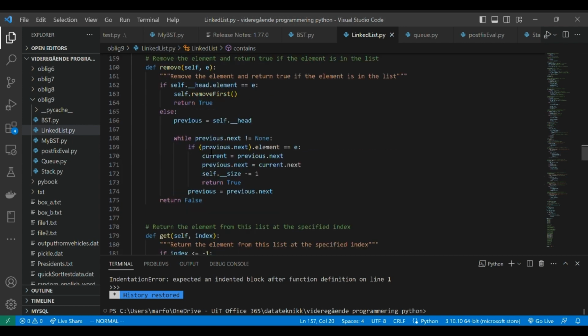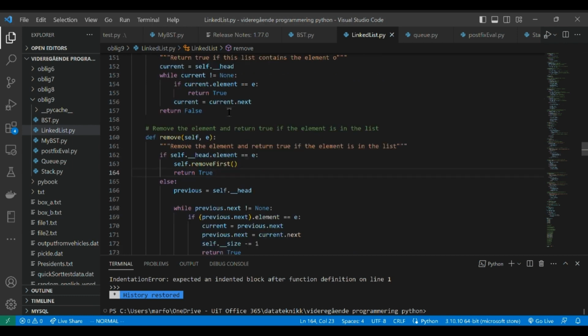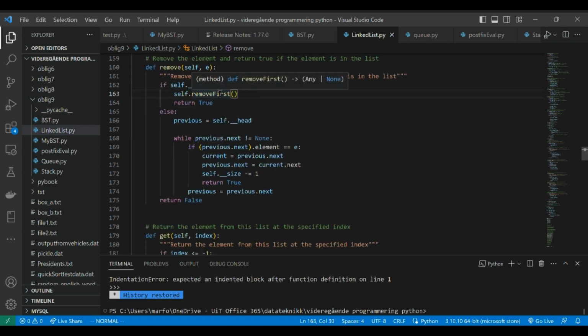And for remove, what I did here was: if the head element equals the element, then we remove first and return true. This is O(1) time complexity. Else we loop through the list,